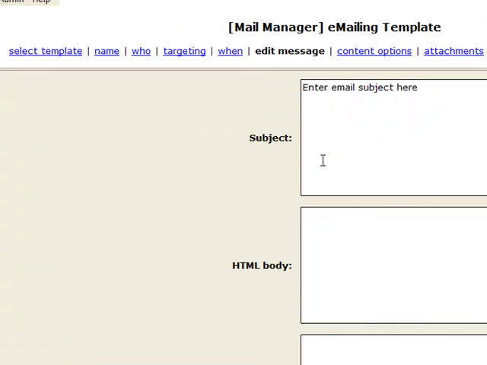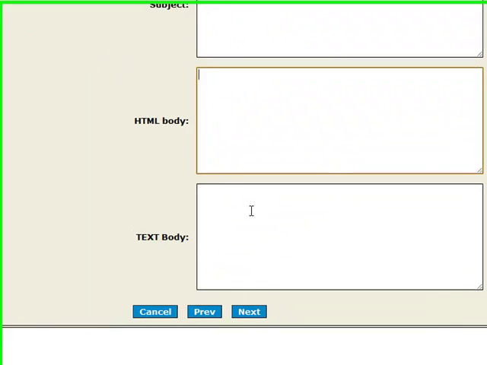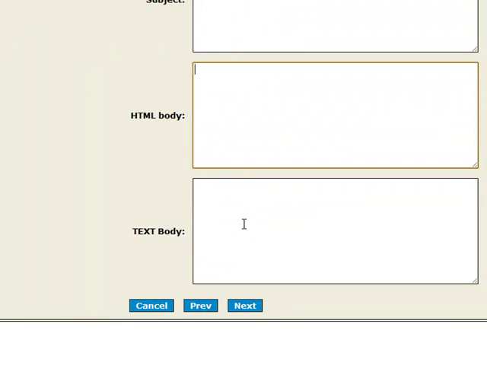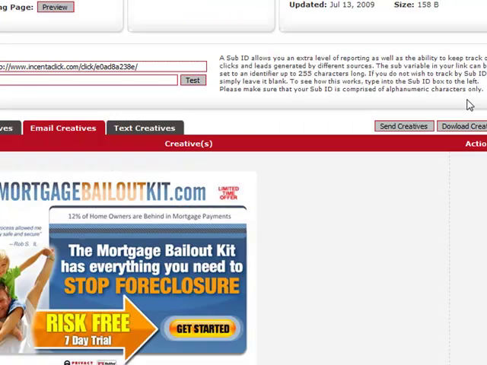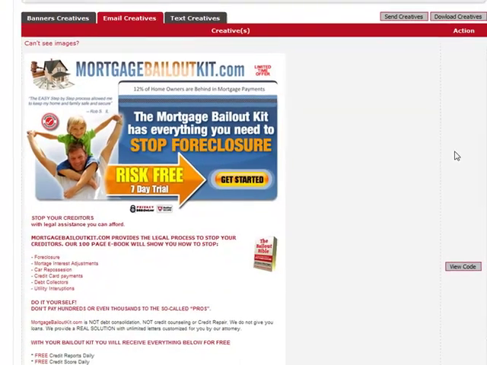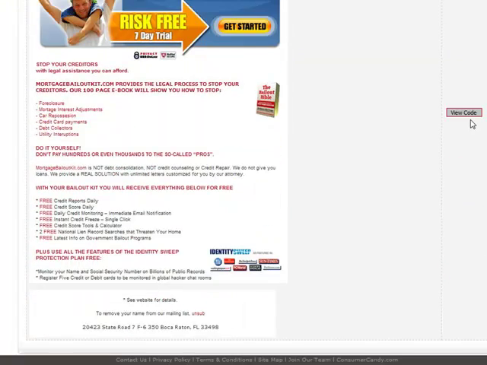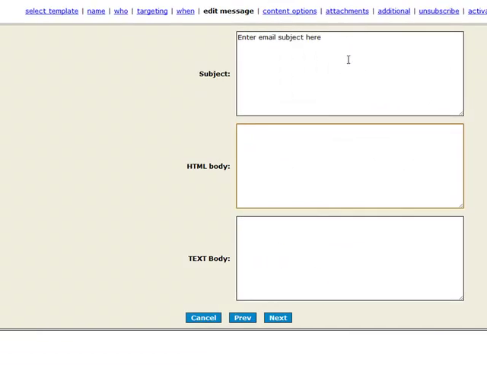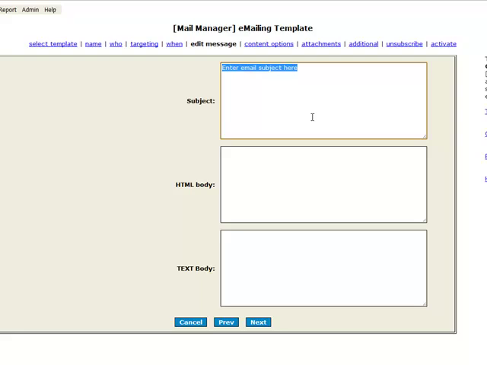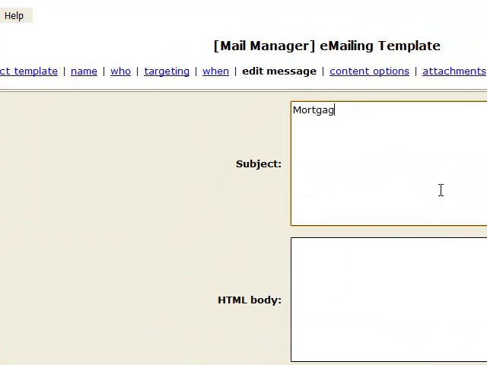Okay, here's where you would enter your subject line, your HTML body, and text. Now, these days, just about all of the ISPs recognize HTML, so I usually choose either or. I don't usually choose both, but you can. So if you wanted to, like here's a CH Digital offer, and they have the campaign right here, and all you would do is just view that code, copy and paste it, and place it in here, and just say for subject line, mortgage kit